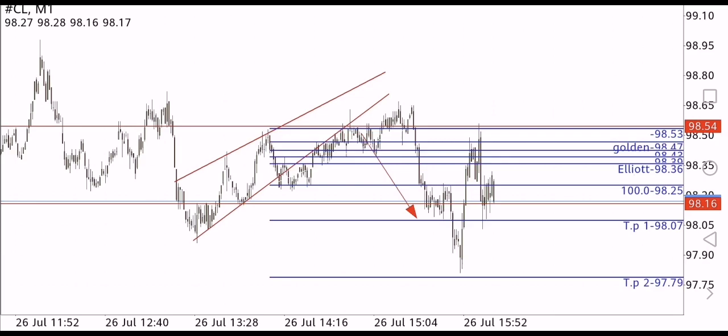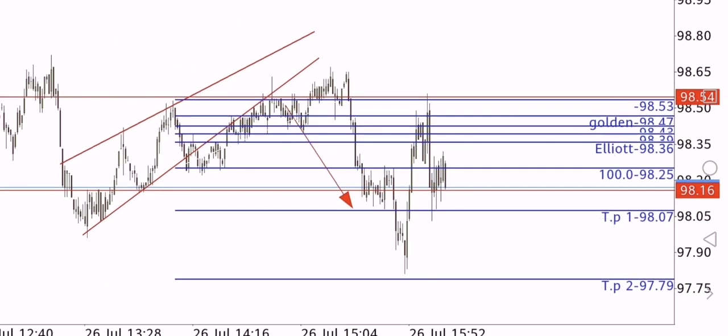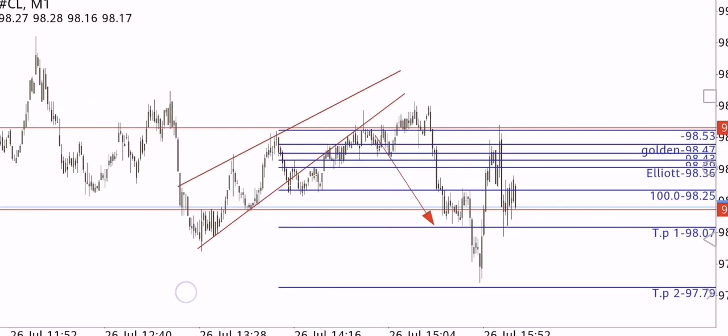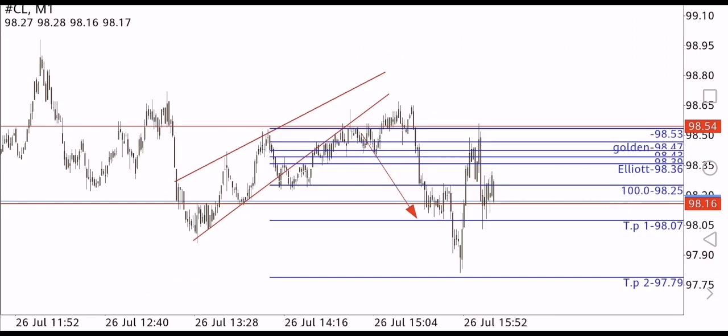Now all the take profit done at 98.07 and also the market is hitting take profit limit 2, which is the level 261 Fibonacci retracement level. This strategy works on the double top pattern or when the market is trading outside any trend channel, either bullish or bearish. So this strategy works very well, and overall we share the